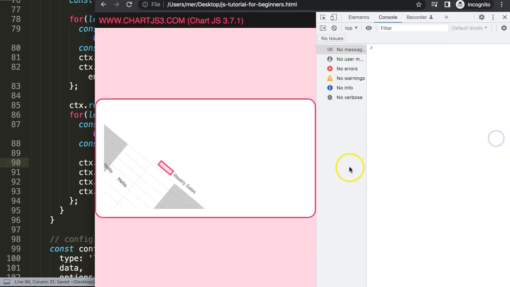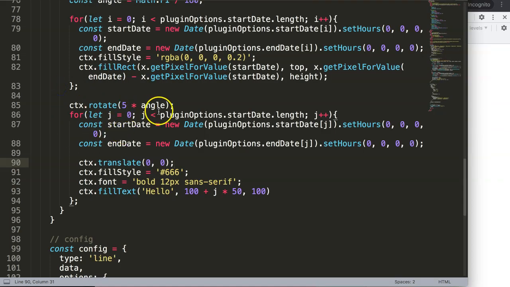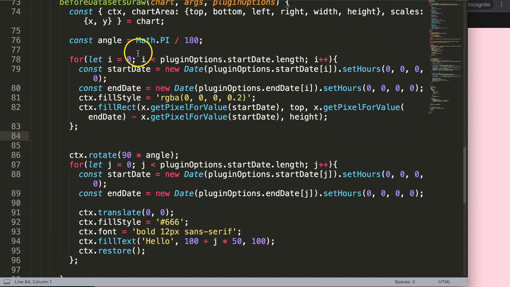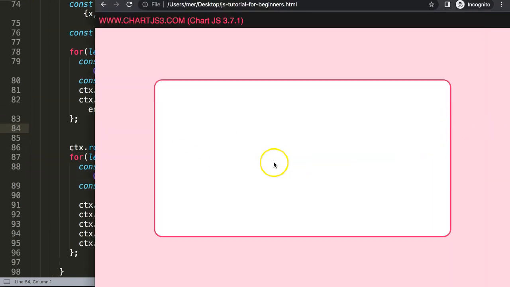Save this, refresh. Alright, interesting. So it's still here. Let's see. I have to just check what we need to do more. And we have to rotate. Let me double check. Alright, so I finally figured it out. It took me an hour or so to figure it out, but the reason why there's a rotation, even here,